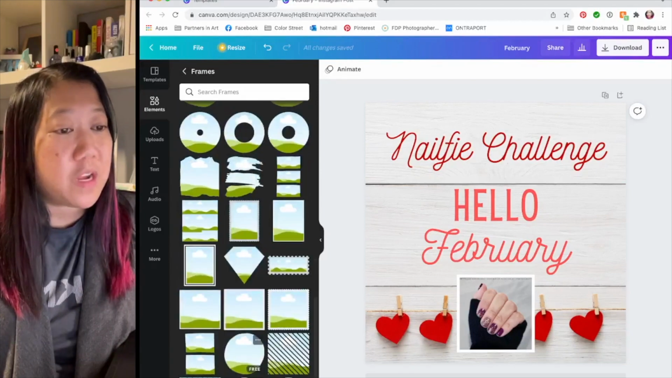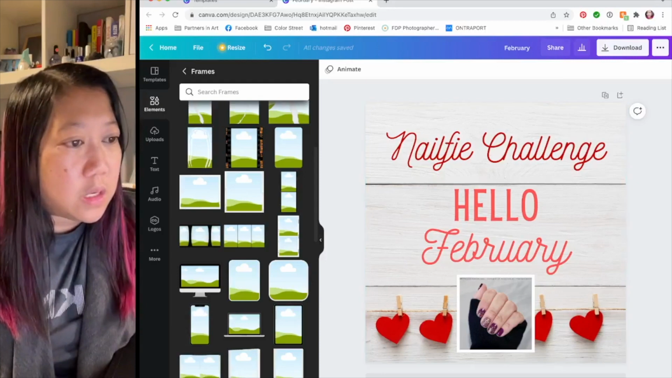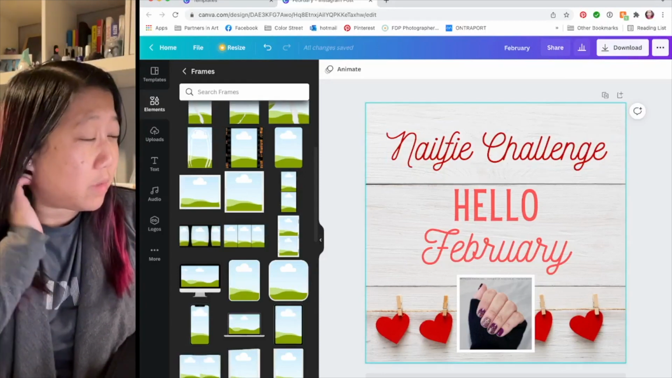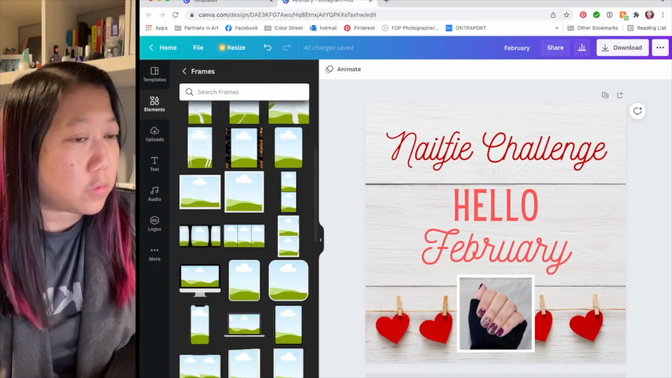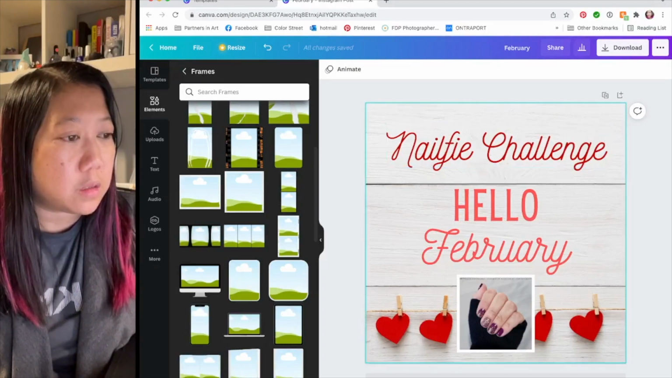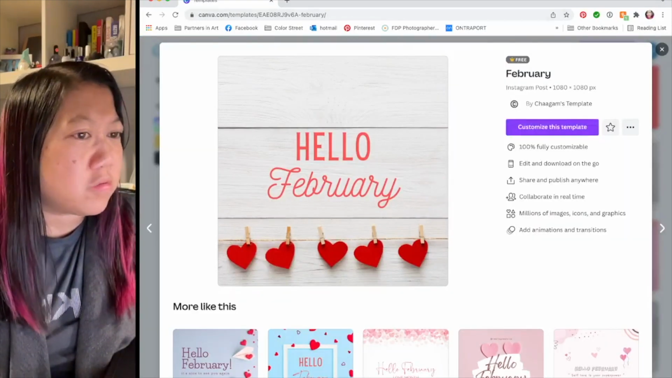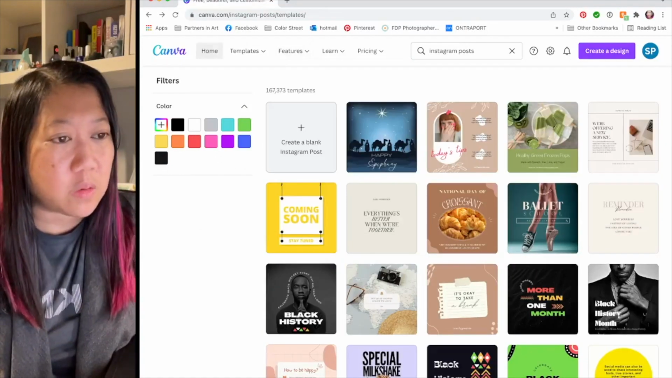You can do all sorts of fun things. This is where you find them. I'm going to show you another one from scratch. This is how I build, especially my Nailfee challenge things. I'm going to start over. Actually, I'm going to close this out. It automatically saves stuff for you, as you build things. So if I go to home,